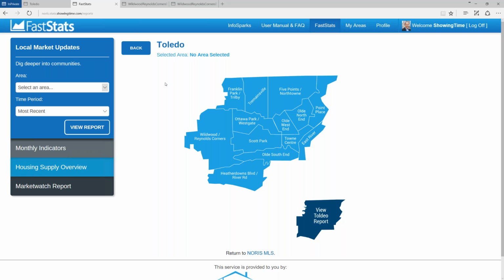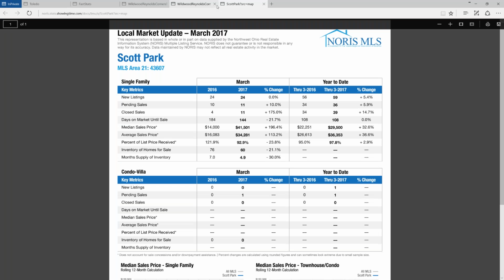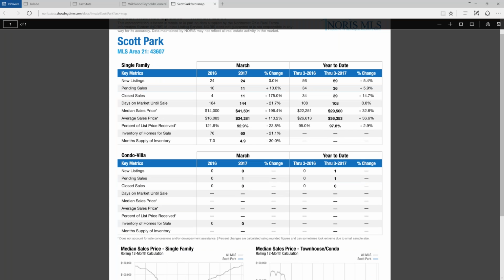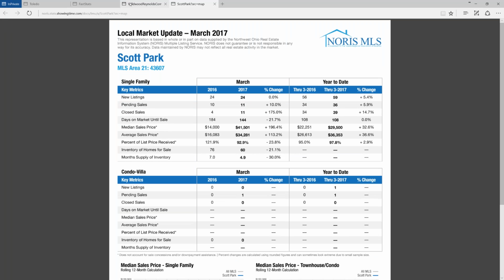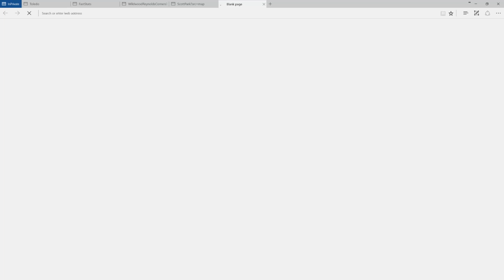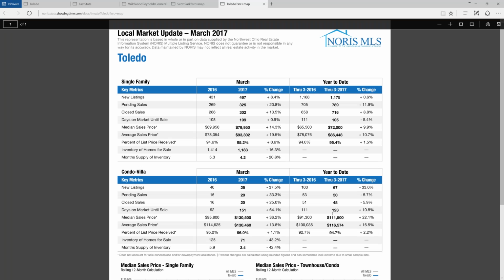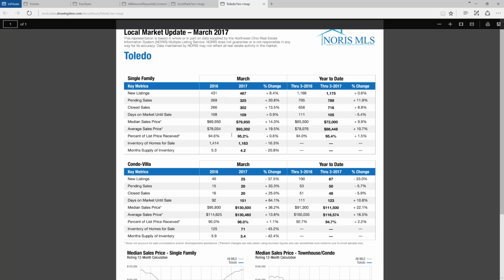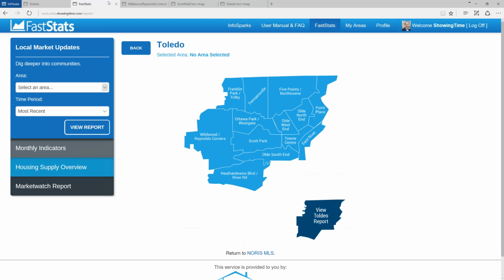What makes this really neat is the ability to compare and contrast different reports. They all are formatted the exact same way, so it makes it very easy to reference them now and in the future, or to do a side-by-side comparison. You can also pull up the regional reports in the map. Again, same formatting.